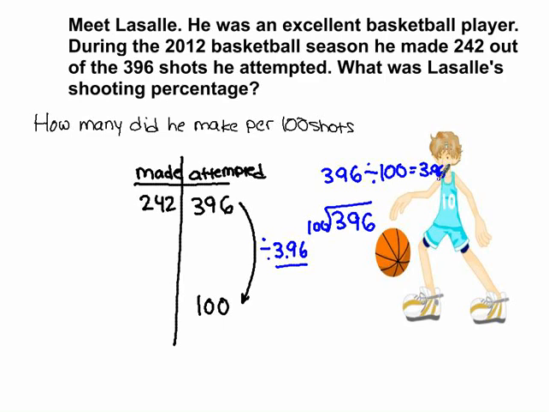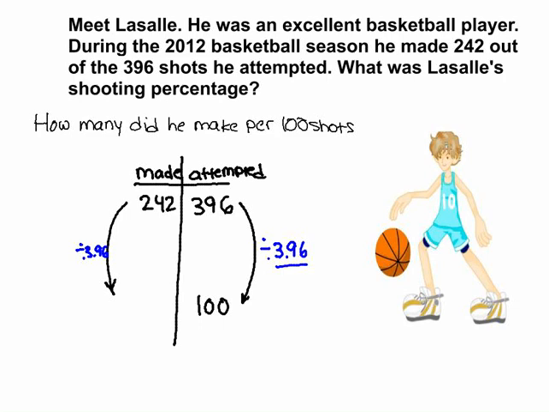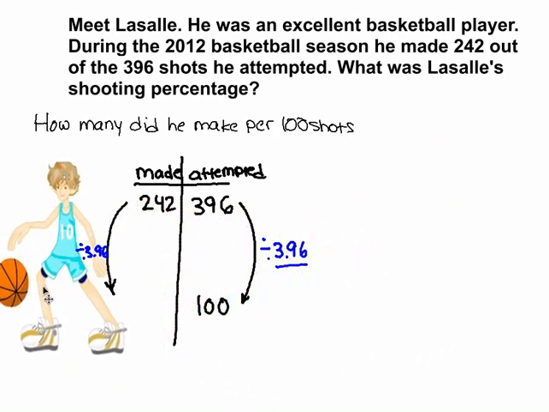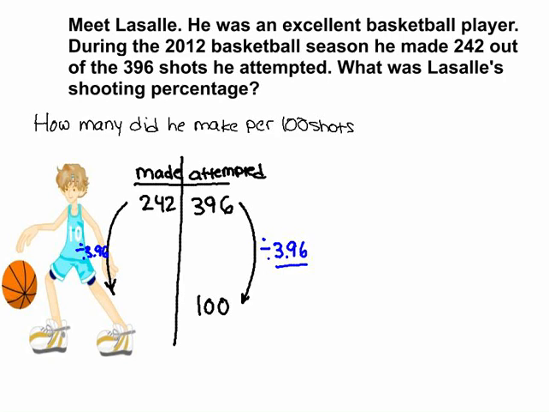I had to write on the cell. You're just shifting the place value 2 spots. So if I have the decimal here, if I divide it by 10, it would be 39.6 because I would shift 1 place. Divide by 100, it would be 3.96. I'm shifting 2 places. So that means I'm also going to have to divide 242 by 3.96. I'm just going to erase some of the work I have over here, and I might move Lasalle a little bit. I'm going to move Lasalle over here so I can have some more space to do